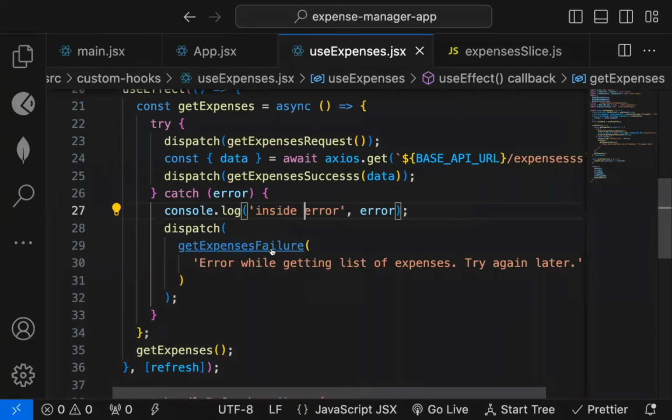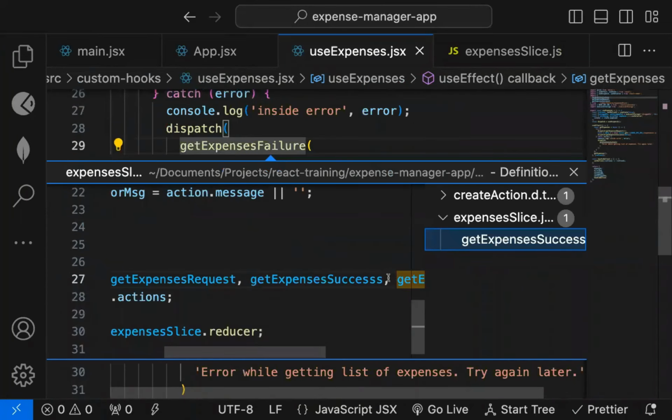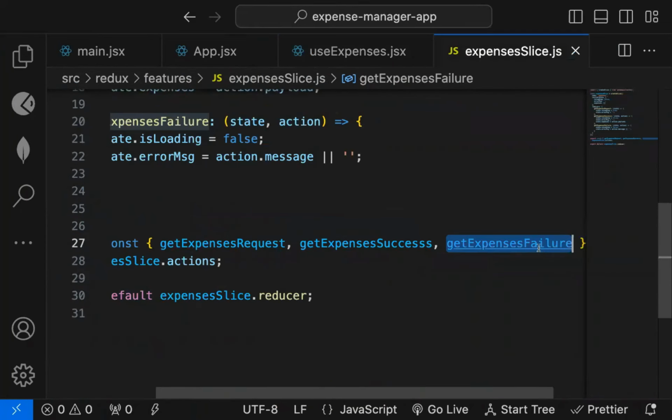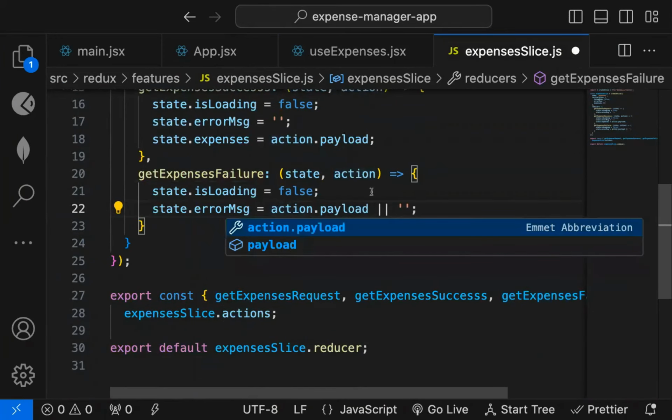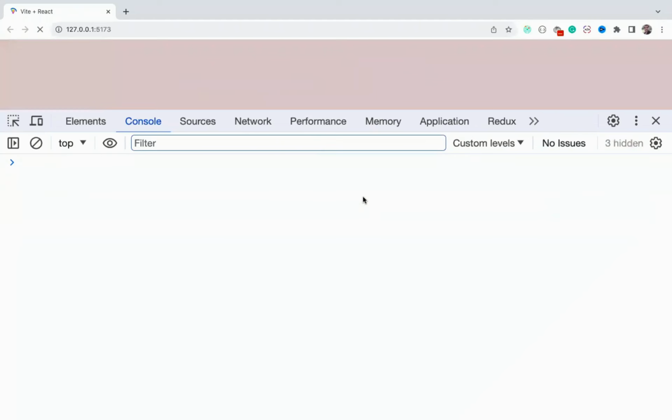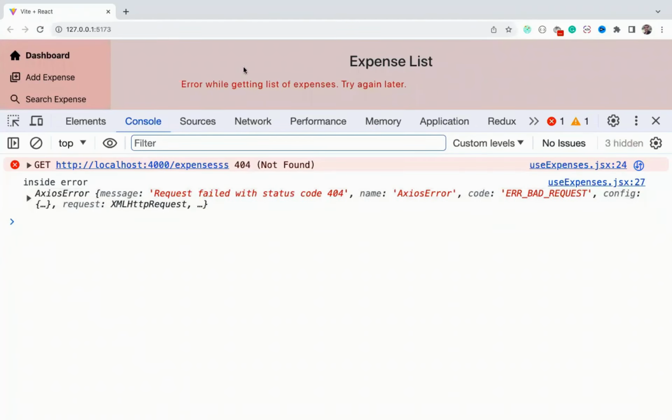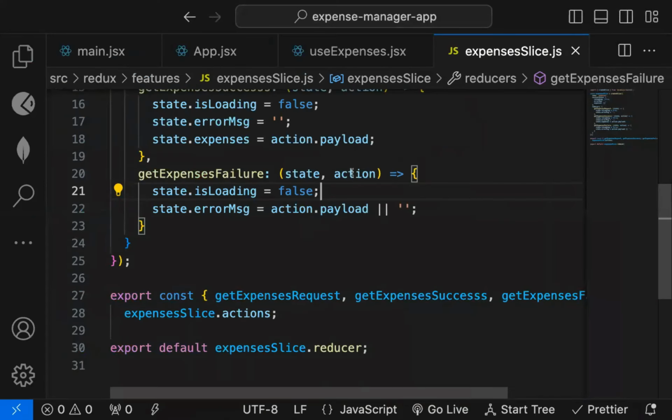Inside error. So it's coming here, getExpensesFailure is getting called. Here we are saying action.payload, not message. So you can see "error while getting list of expenses". As I said, whatever data you pass will automatically come as payload. You don't need to specify that. Otherwise, you can also specify error